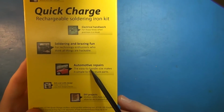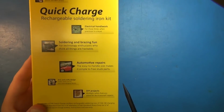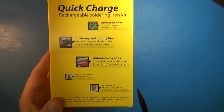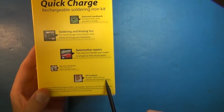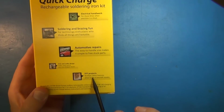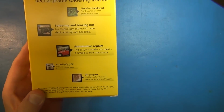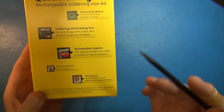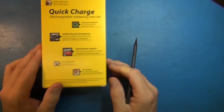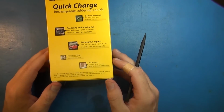Well, I've never used a soldering iron to free a stuck part before, so I don't know what that means, but there's a tree on the car. Okay, whatever. Jewelry, and then for do-it-yourselfers, multiple safety features allow you to do it yourself. And they show an actual half-inch pipe leaking. Well, you're not. I think they're just being funny. Seriously, they're being funny because you're not going to solder up a pipe with a soldering iron of any kind